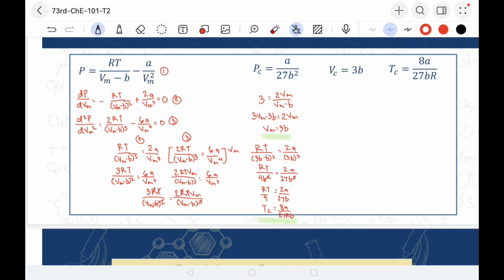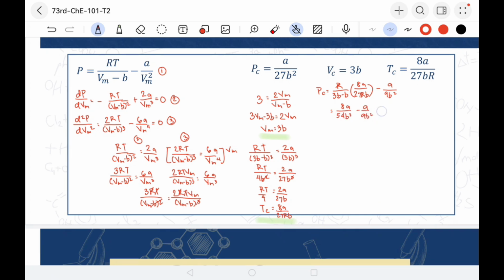And let us start. To solve for our last critical constant, let us substitute VC and TC to equation 1. So PC, signifying that it's critical, is equal to R over Vm minus b, which will be 3b minus b, times T, which is 8a over 27Rb, minus a over Vm squared, which is 9b squared. So let us cancel out R and simplify the first term to get 8a over 54b squared minus a over